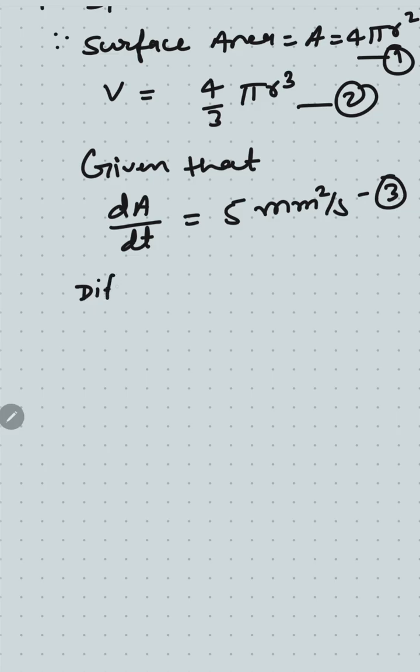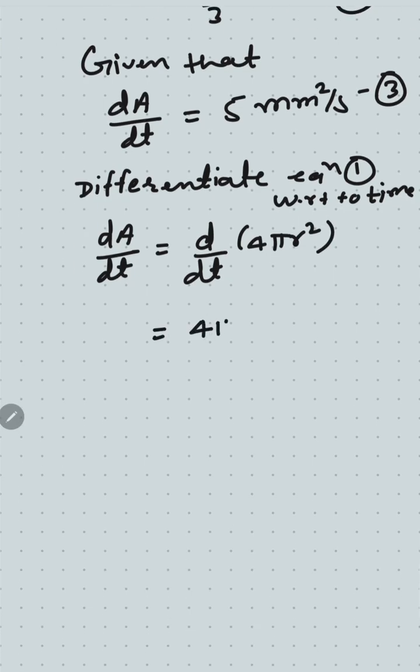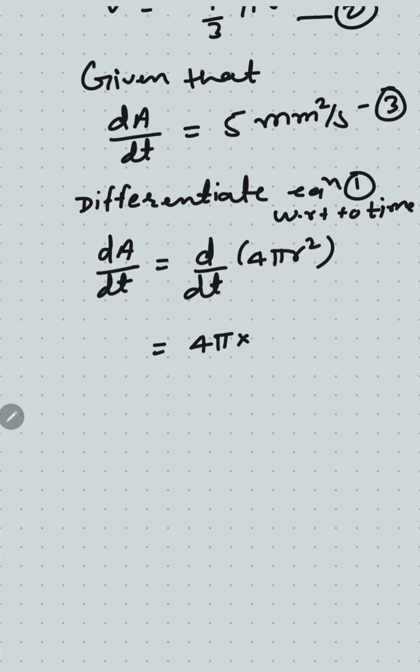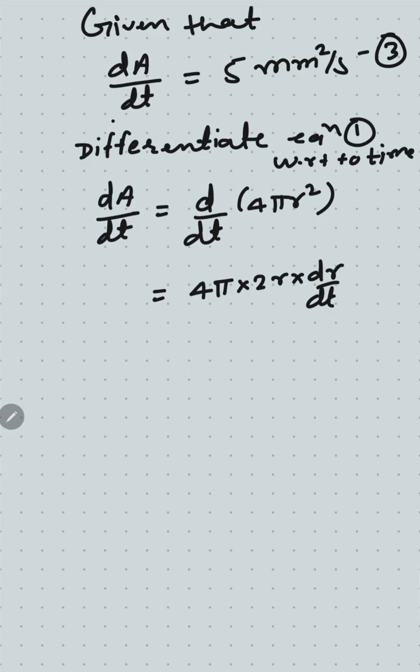Differentiate the first equation with respect to time. With respect to time, dA/dt for pi r square means 2 pi r times dr by dt, and we know that the value of this is